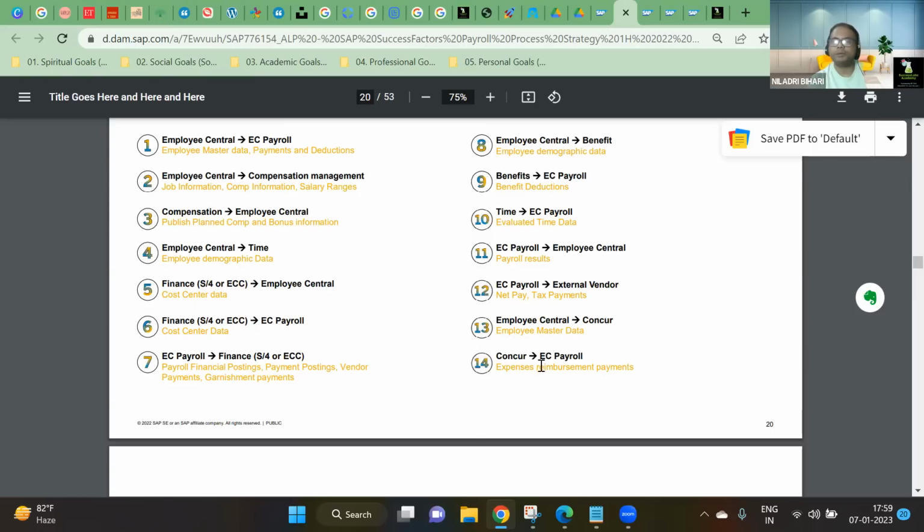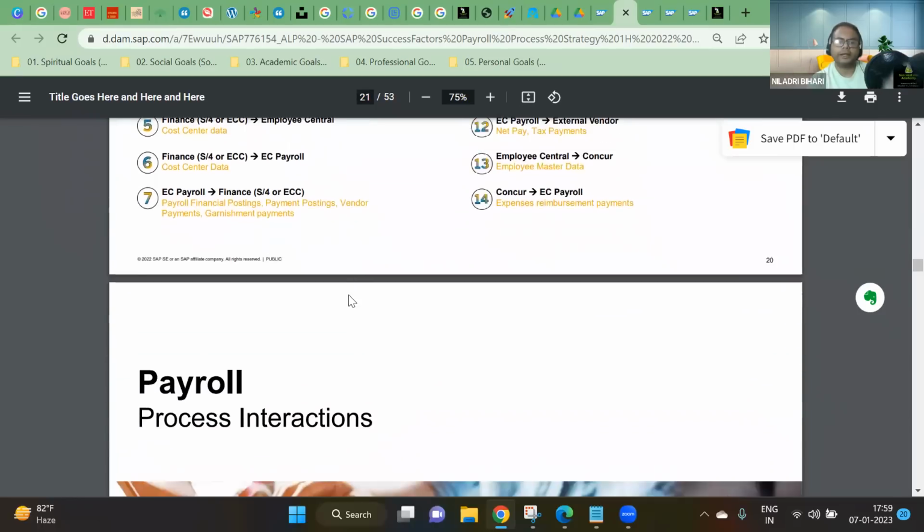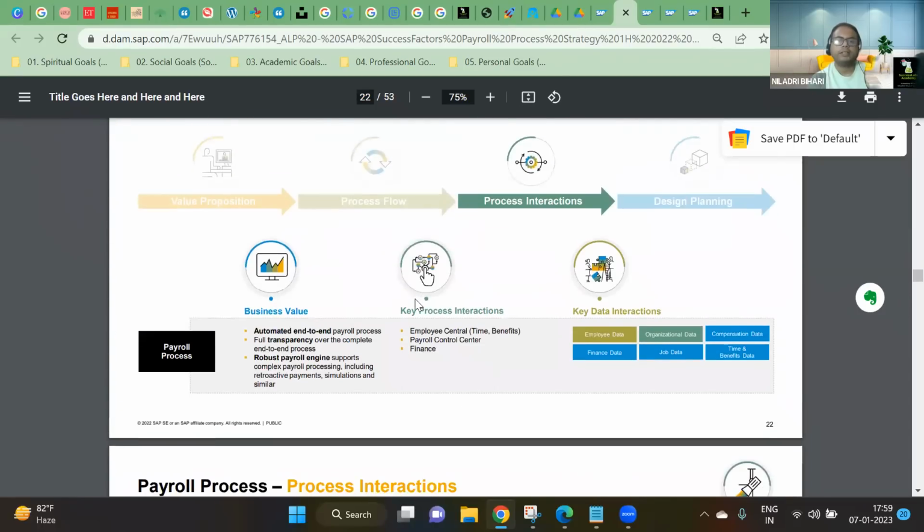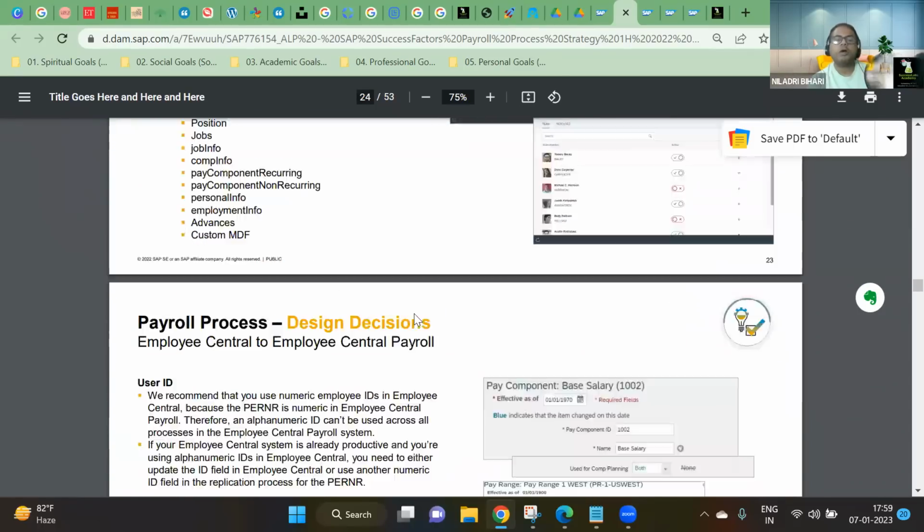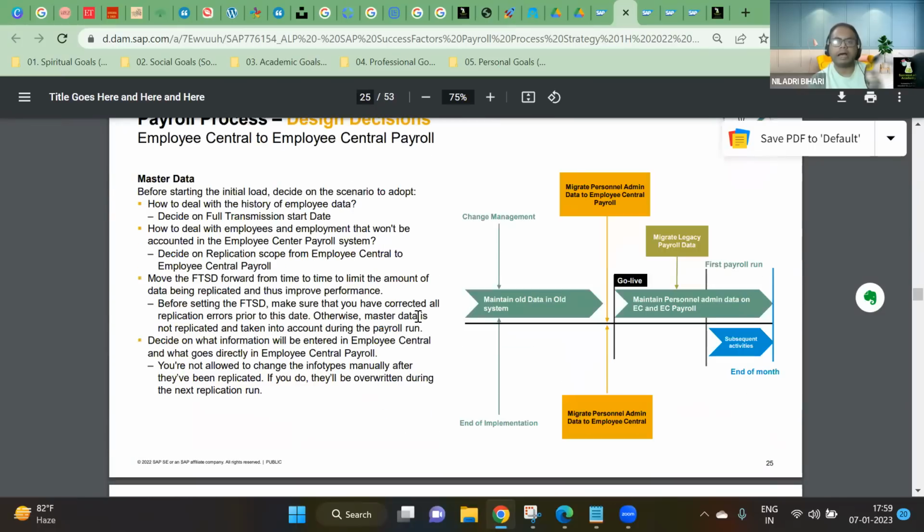This will also help you in increasing your visibility, because whenever you're talking to a client, suppose you have brought in business, because at present it is not implemented, but if you are proposing this kind of thing, definitely the client will be interested, and you can tell your manager that this is an opportunity that you have explored. This is forward thinking. Okay, so this document will be helpful